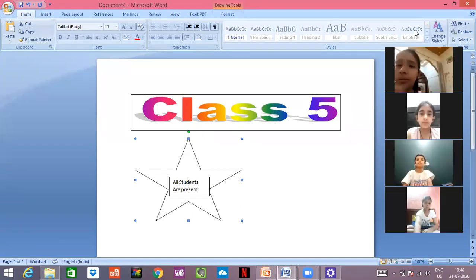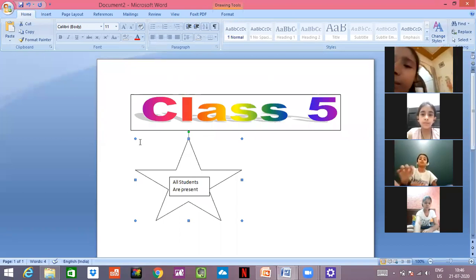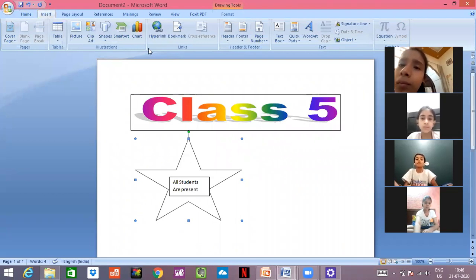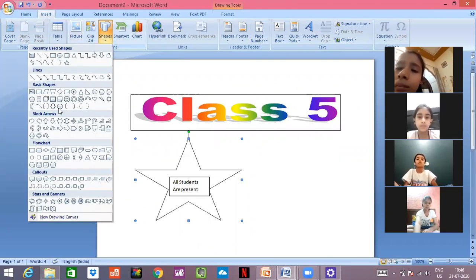Okay, great. So let's move on to the next thing, that was applying shadow. Again, we can apply shadow in it. I have told it earlier also, but you all can insert a shadow. Just insert a shape. I want to select this as smiley.